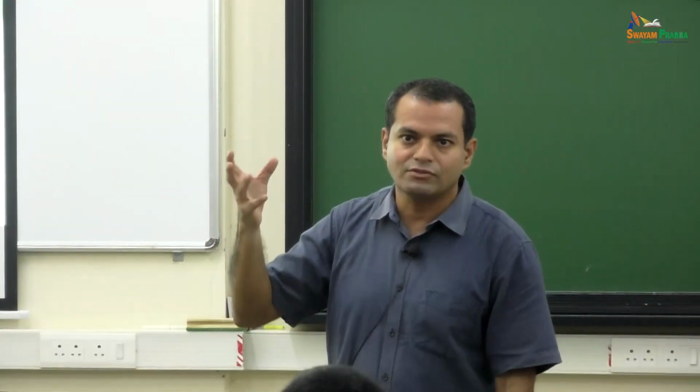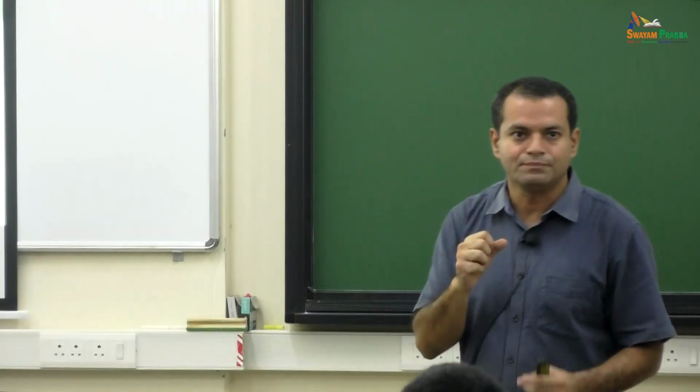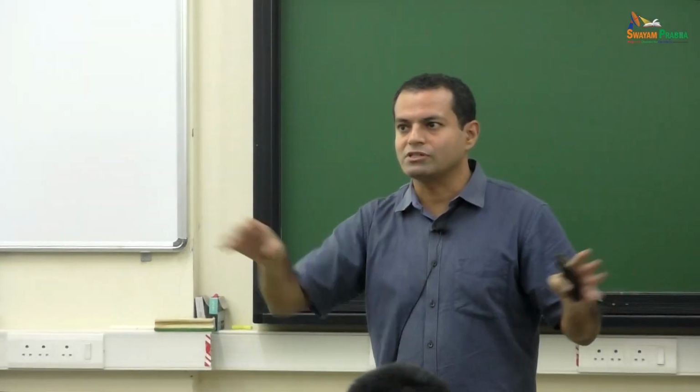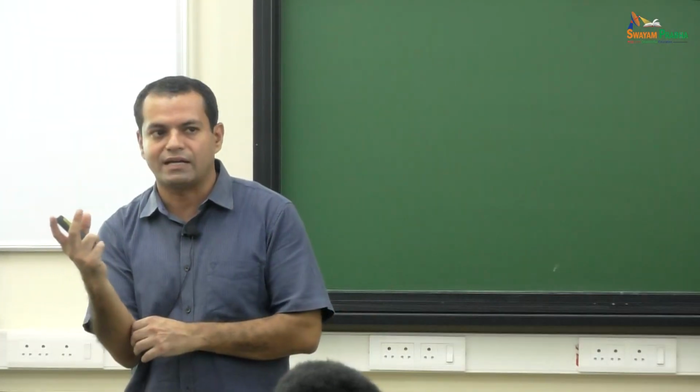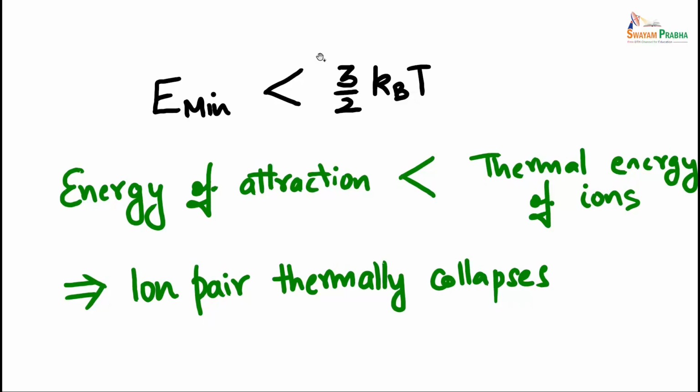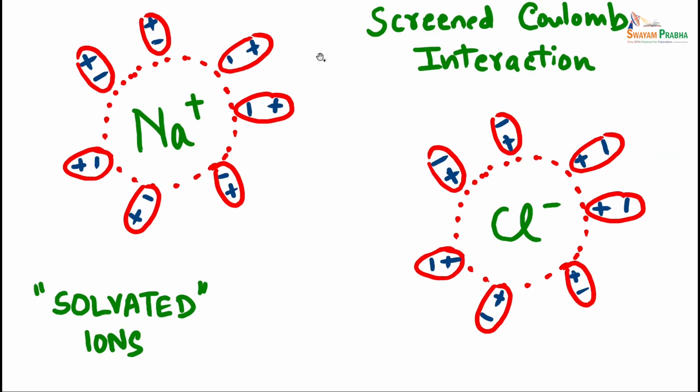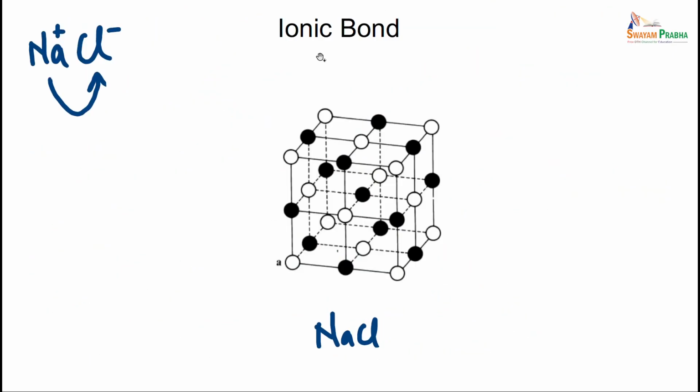Eventually, it's a consequence of the high dielectric constant of water that it is able to push apart Na plus and Cl minus, together with the thermal energy of the ions. And that's why salt dissolves in water. And once it has dissolved, it gets solvated as pictorially depicted here. Na plus carries a shell of water molecules around it, a first hydration shell, and a loosely bound second hydration shell, similarly for chloride. Okay, skip this.